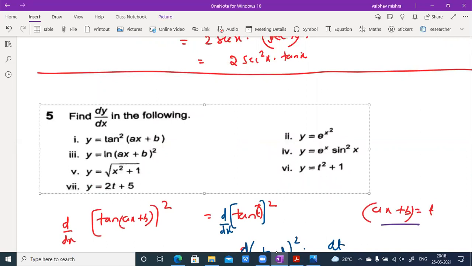x स्क्वायर इज टेकन एज t एंड देन डिफरेंशिएट, इसमें ax प्लस b को t ले लेंगे। फिर अब इसमें दो तरीका, ln t स्क्वायर विल बिकम 2 ln t बिकॉज जब पावर होती है तो वो आगे आ जाती है। सो आई थिंक रिमेनिंग आर इजी दैट यू कैन सॉल्व।